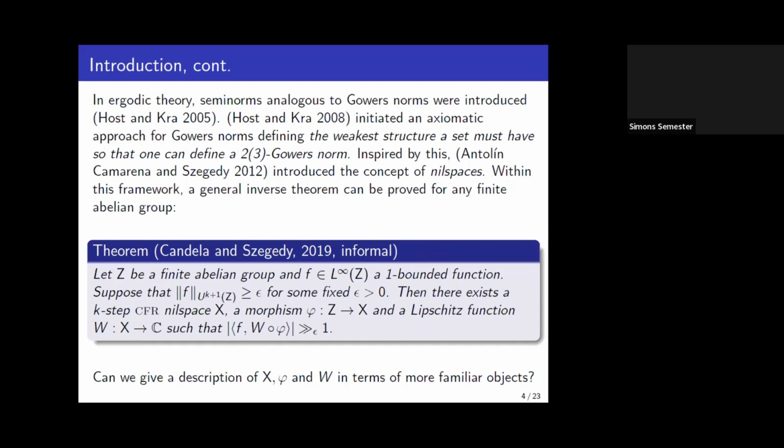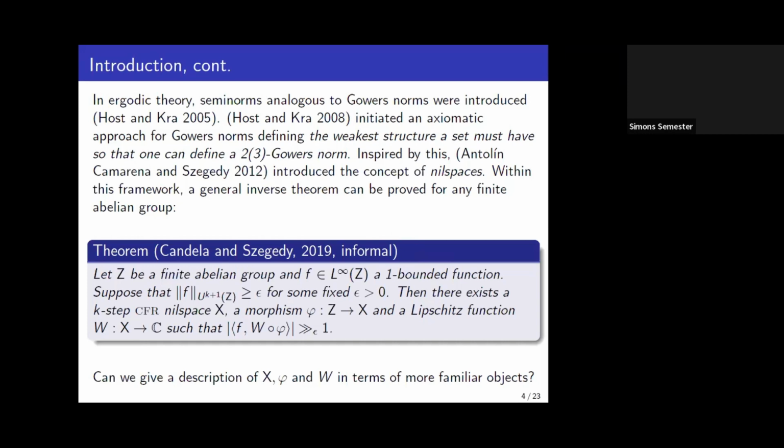But again, in this talk, we are going to be more focused on the inverse theorem. And there's this general inverse theorem of Candela and Szegedy of 2019 that says the following. If you have any abelian group G and a function that has a large Gowers U^{k+1} norm, then you correlate with this composition, W composed with bar phi, where bar phi is a morphism that goes from